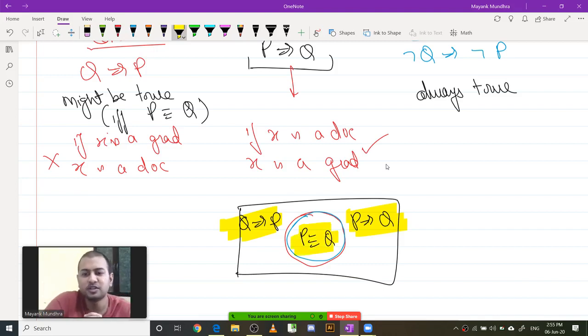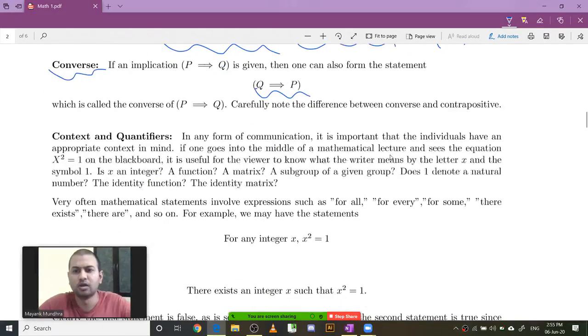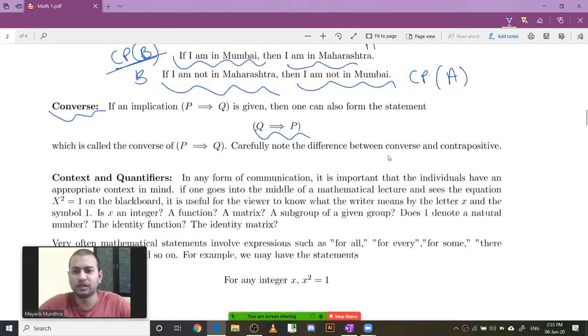So a lot of times when you will be asked to prove that P and Q are same, you will be proving that P implies Q and Q implies P. So look out for such structure of proofs whenever we are encountering proofs. So we'll be doing a lot of such proofs where we'll be proving both a statement and its converse, and the end point will be that we'll be coming to the conclusion that both the statements are logically equivalent. So that's your converse and contrapositives.